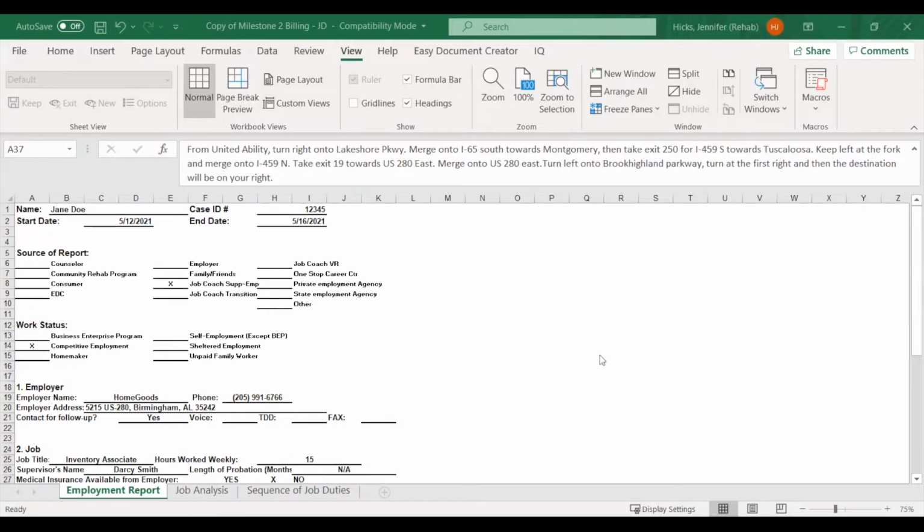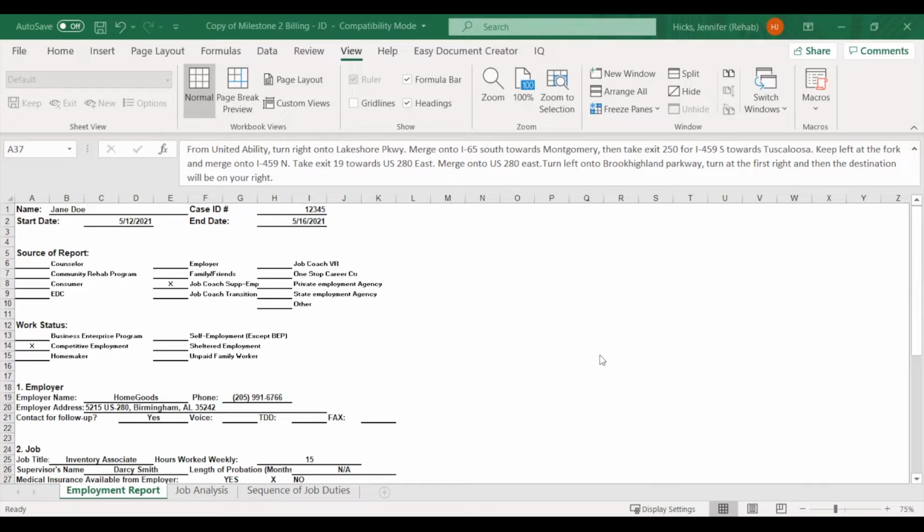It starts with the start date, which would be the first day on the job. You can also include orientation day on this because most people are paid for their orientation, so that can be your first day. The end date needs to be 3 days on the job, so not 3 calendar days. If they start on a Monday and work Tuesday, Wednesday, then you can have Wednesday as the 3rd day. But if they start on a Monday and don't go until Thursday and Friday, then Friday would be your 3rd day. So it needs to be 3 working days.